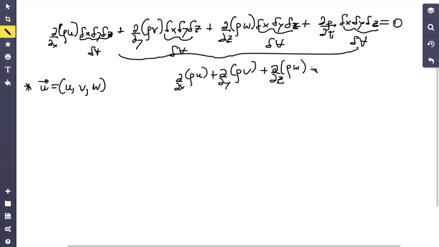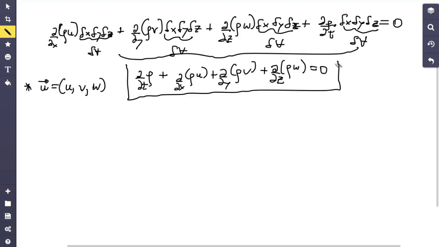Okay, equals 0, and I'm gonna add this term here on the front. Okay, so this is the general form of the continuity equation, for fluids with varying density, and